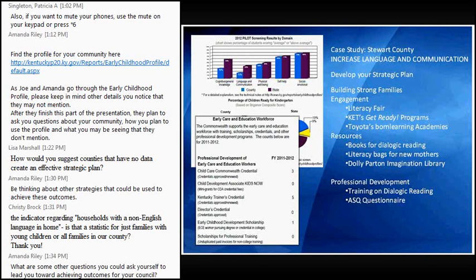Books that are great examples of dialogic reading, literacy bags for new mothers that give them books, and the Dolly Parton Imagination Library is also a great resource for that. When you're talking about professional development, and if you look at Stewart County's professional development section of their profile, you'll see that that's kind of lacking. So one of the things that